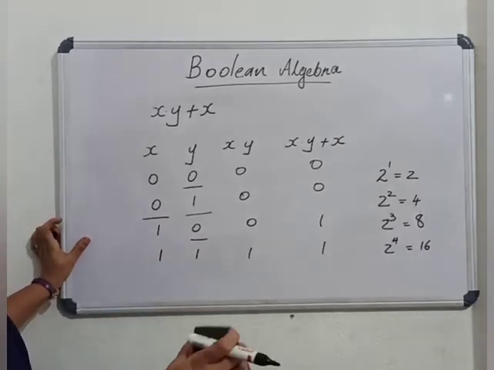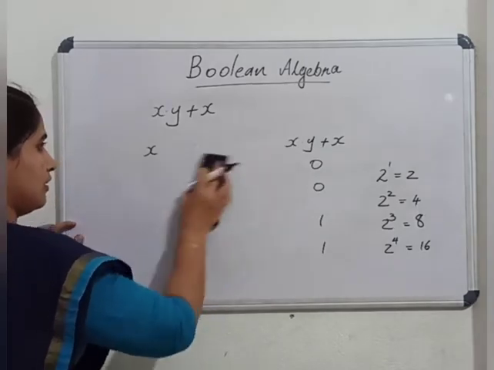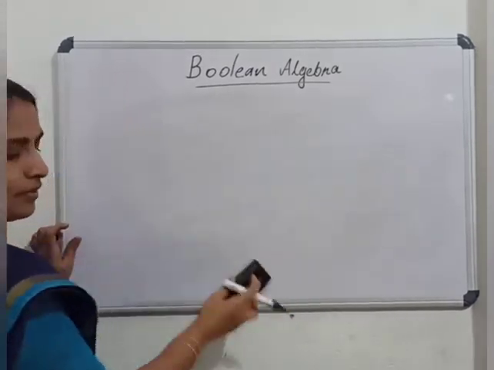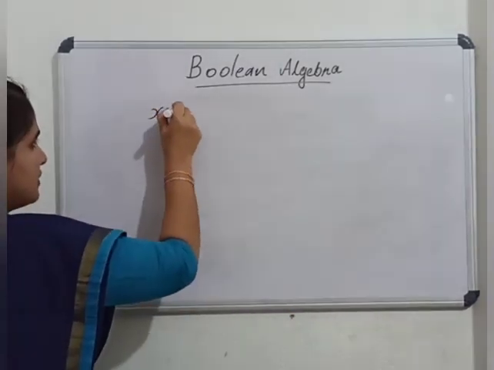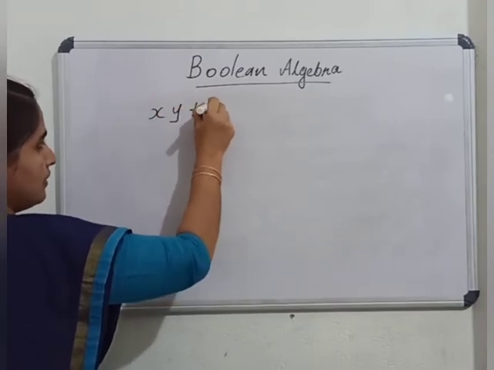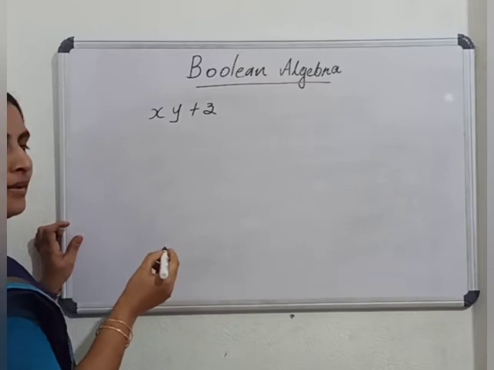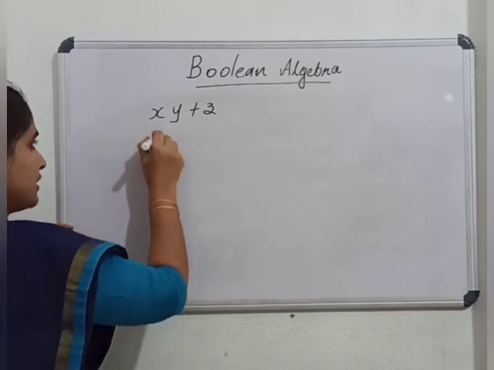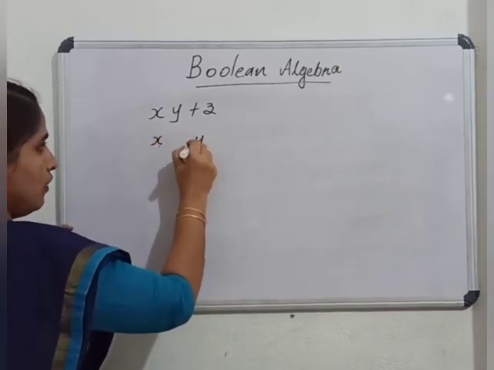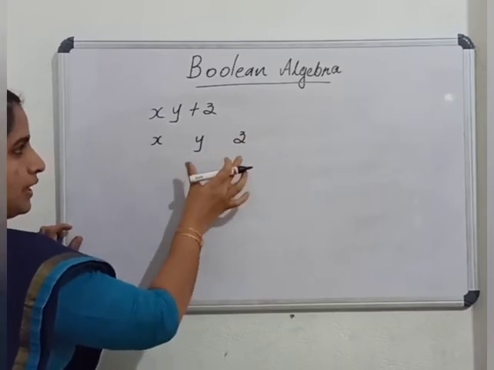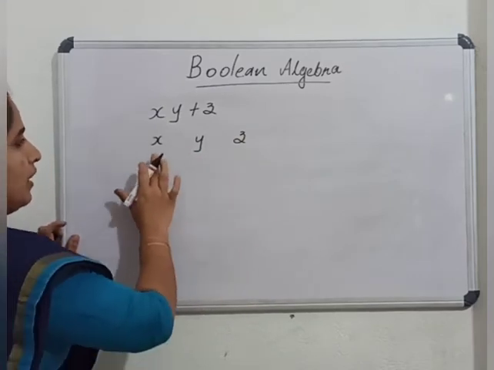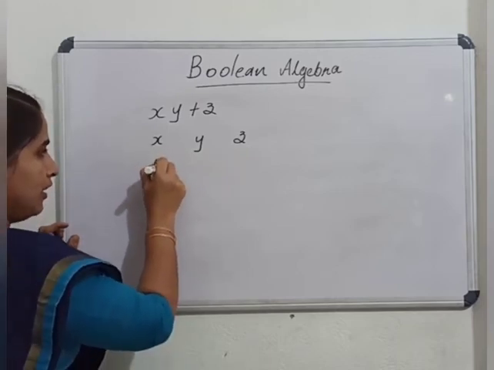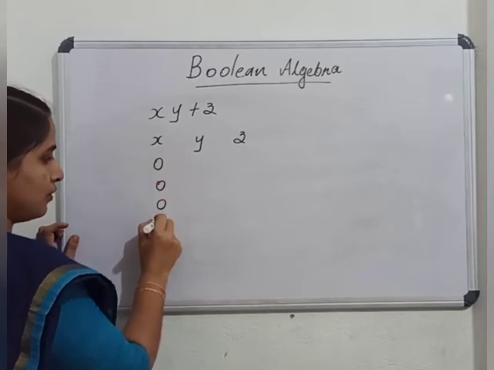This could be clearer with the 3 variable case, so we can try another example with 3 variables. I am writing x, y, z. How many variables are there? 3 variables. How many combinations? 2 raised to 3, that is 8 combinations. So we can give columns for x, y and z. These are the basic inputs, and then we have to make the rest of the combinations. Anyway, we can fill the inputs first. There are 8 rows, so half of the 8 numbers are 0.